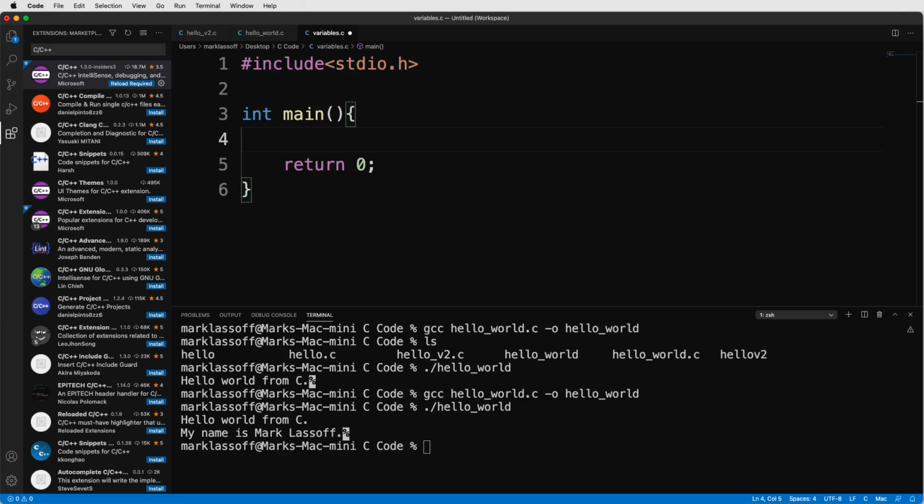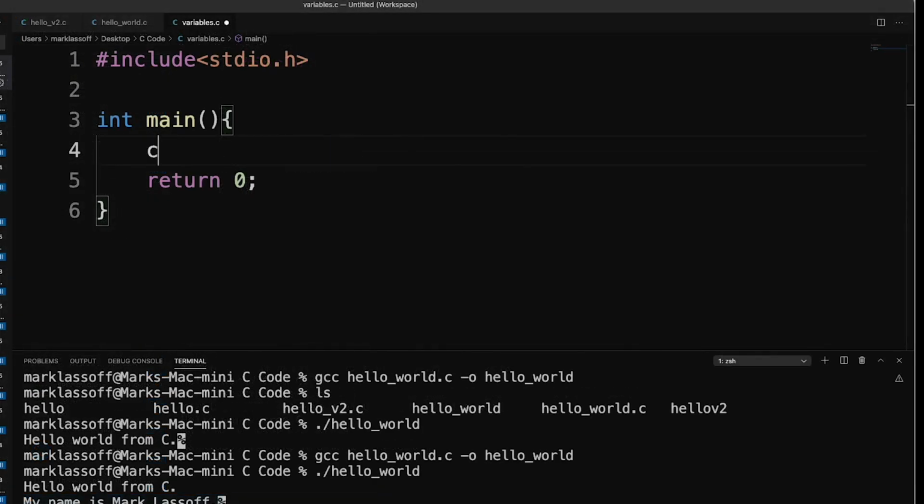So there's actually two steps to creating a variable in C. First, we have to declare the variable via its type. So let's say our first variable we're going to create is a char variable, or a character variable. And then we've got to give it a name. I'm just going to call this one x. Now that we've declared it, we can assign it an initial value. Since this is a char, it's got to be a character. So let's say x equals 'M'.